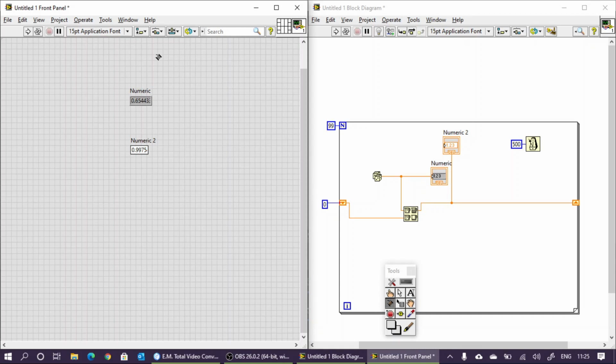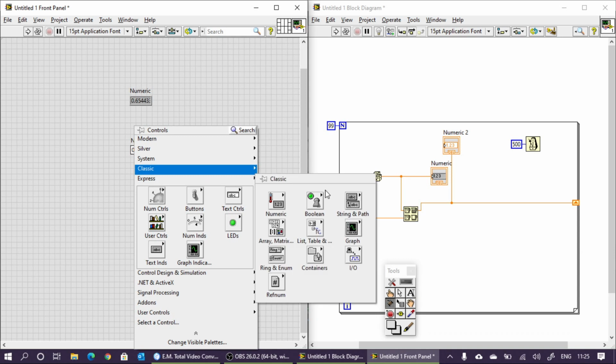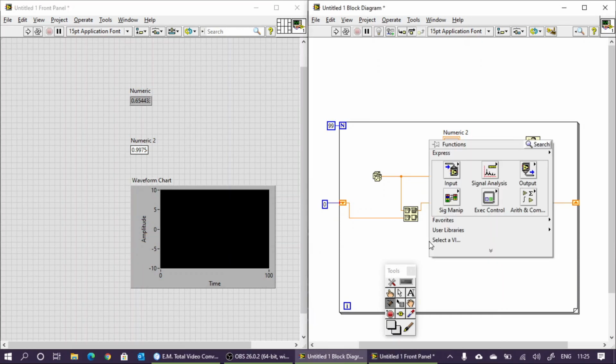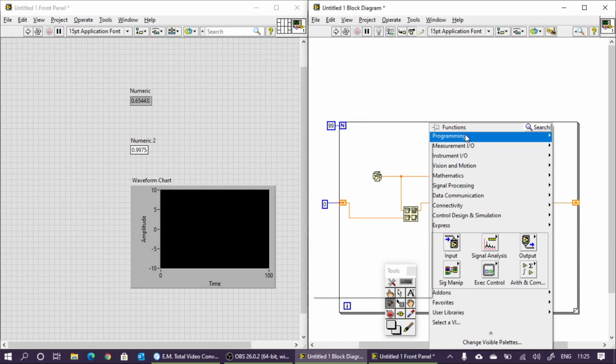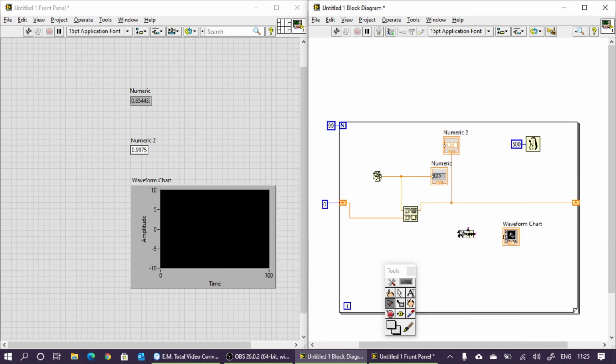So you can see that it has stopped here, and the largest value, the maximum value, is 0.9975. Is it okay? If you want to display it, we can do that. So take a waveform chart, so that is added. Now here we are displaying both the random number and the maximum value, how it is updating, if you want to know that. Now one is the random number and the second one is the maximum value. Connect this one to the waveform chart. Now run the program again.